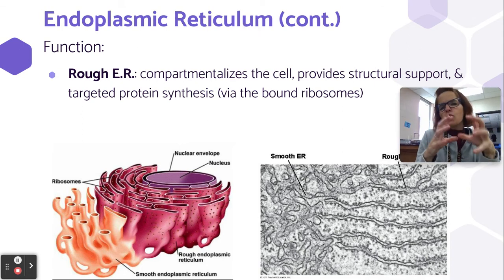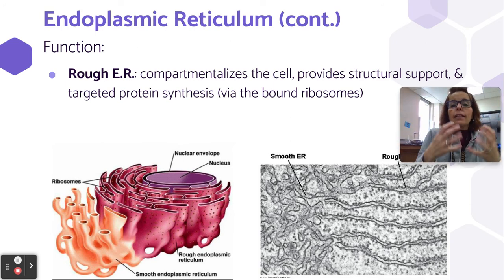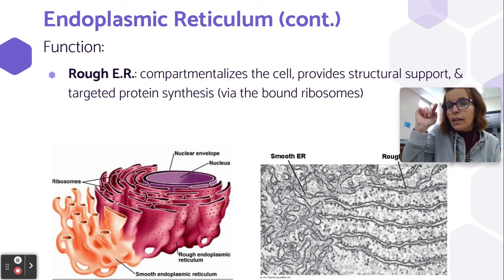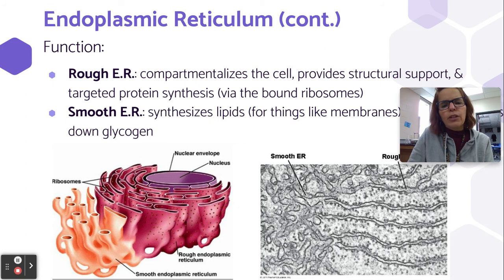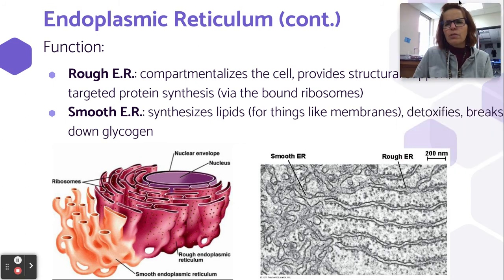Having an area where certain reactions can occur separated from the rest of the cell is really important in a eukaryotic cell. So it compartmentalizes the cell, it provides structural support and targeted protein synthesis. So those bound ribosomes are making very specific proteins. And then the smooth endoplasmic reticulum has a whole series of different